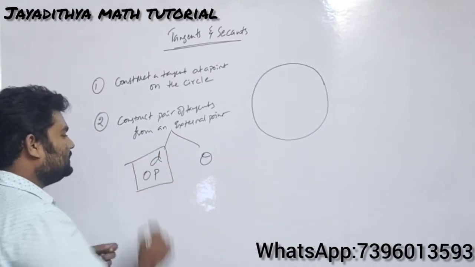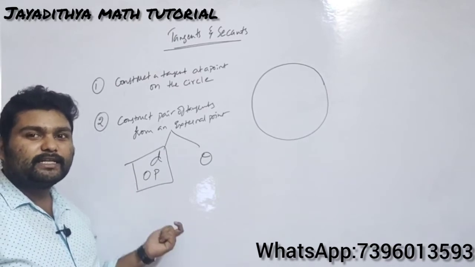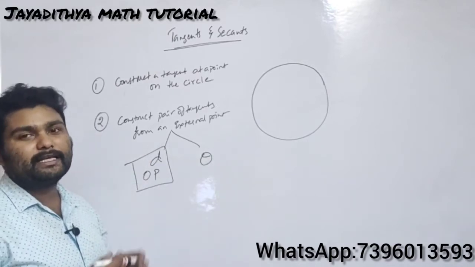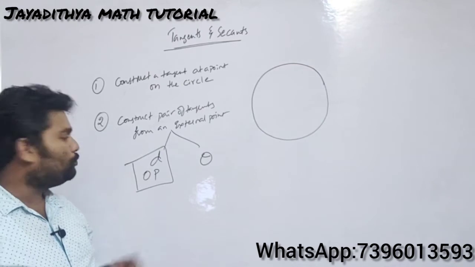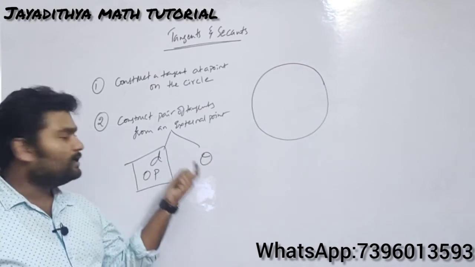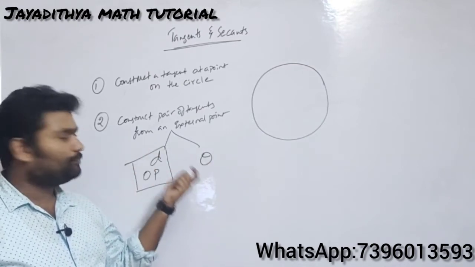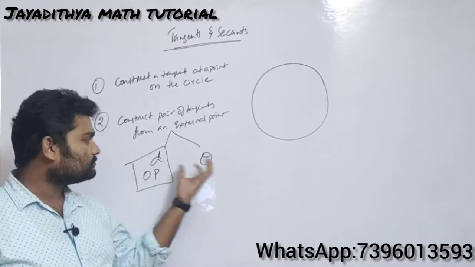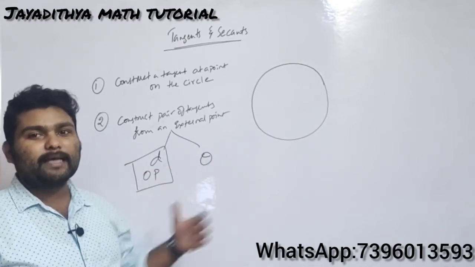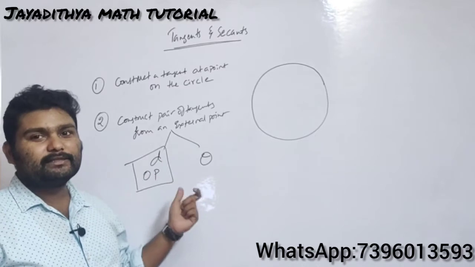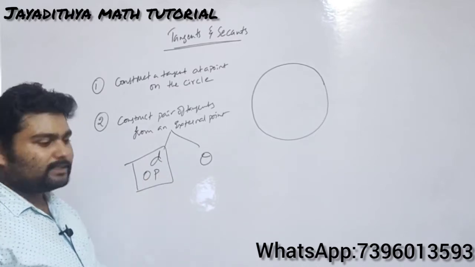The important one is when the distance is given from the center to the external point from where the tangents are drawn. That is a very, very important problem, and sometimes you will be given the angle of inclination also. Even this is important. If he has given the angle of inclination, there you need to do some more analysis. After doing the analysis, then you can construct. So let us do one by one.